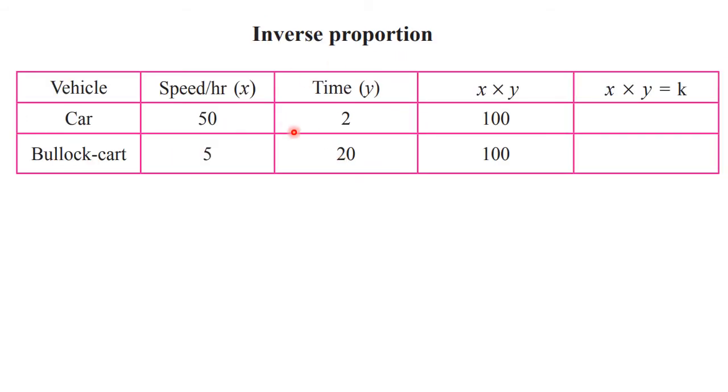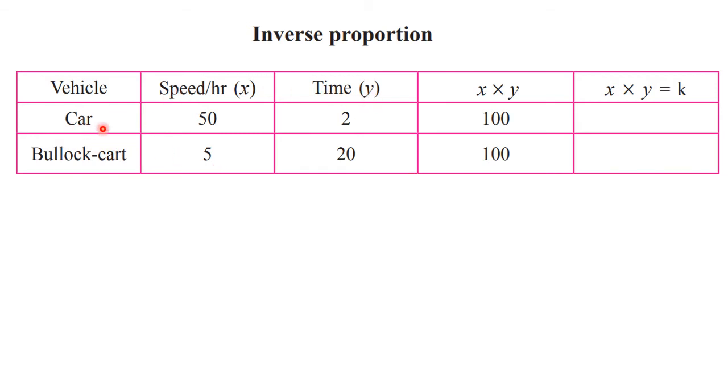So for inverse proportion also we will take one example here. Now the example taken is about speed, time, and you can say distance. Whenever speed, time is there, you can find distance. You know the formula. Distance is equal to speed into time. So here, now again we have three rows. Here we have vehicle. Then here two types of vehicles are given. One is car and other is bullock cart. And then their speed and time taken, they are compared.